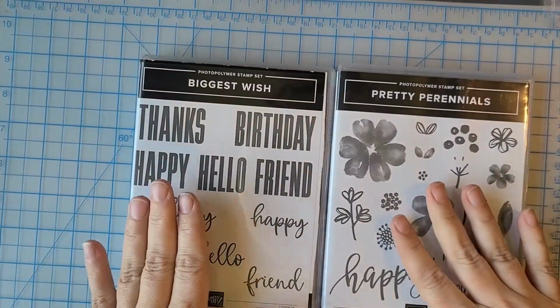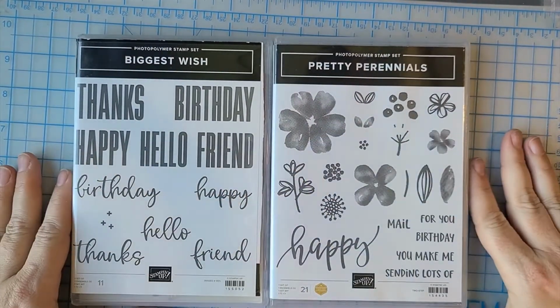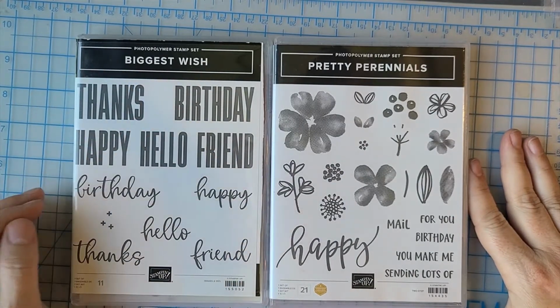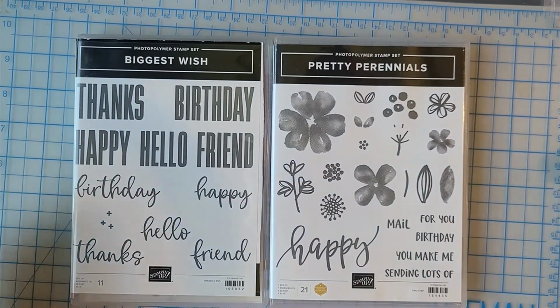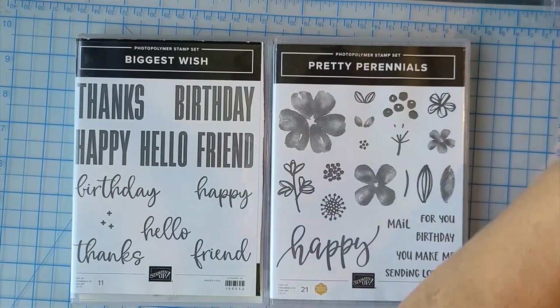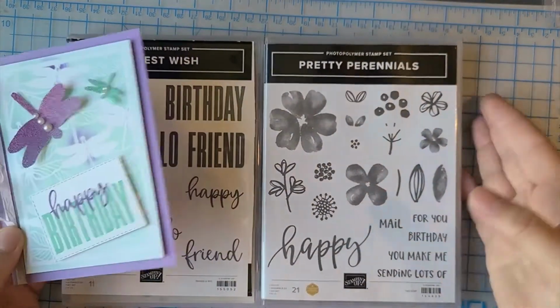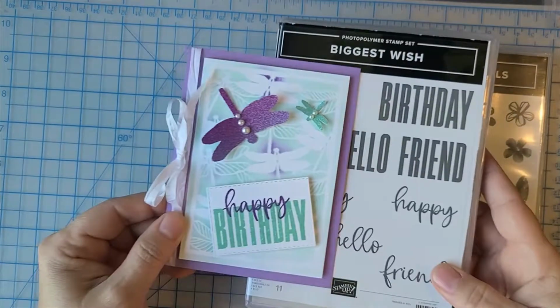So again, we're working with Pretty Perennials and Biggest Wish, which are two sentiment sets that I bought because they are very large sentiments, which I am not normally a fan of. I thought it would be time for me to work with large sentiments, and so far I'm having a great time with them. The first project that I will share uses Biggest Wish,